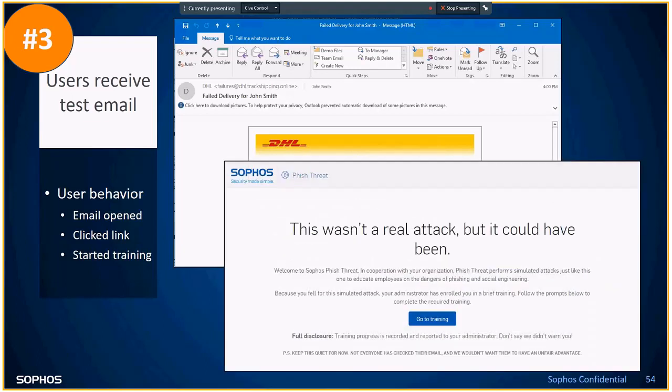And this has to be an ongoing process. It can't be a one-off. So we have organizations that do this every 6 weeks or every 2 months. They don't inform the users when these phishing emails are going to come. They just send it at random, and they can get the feedback from the reporting tool. This is another one where PhishThreat